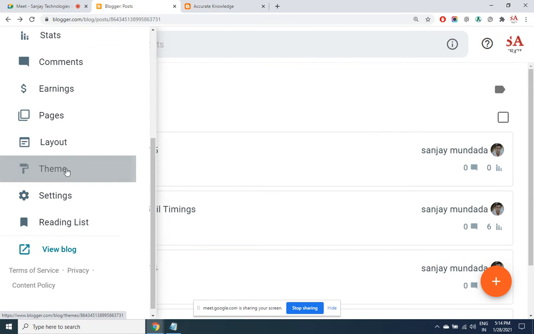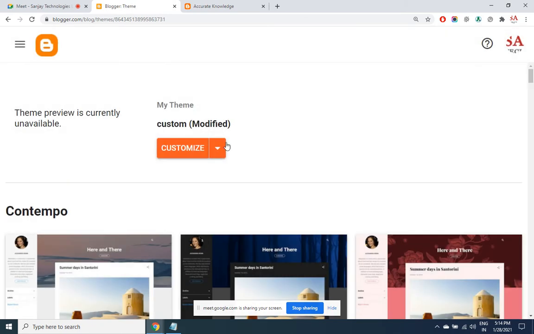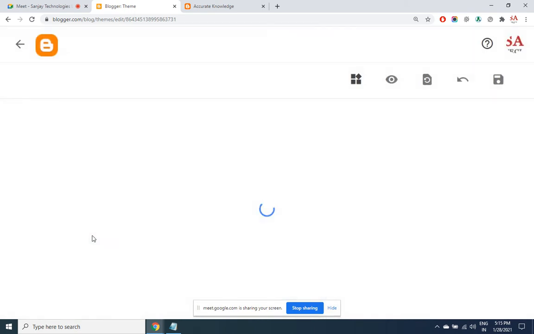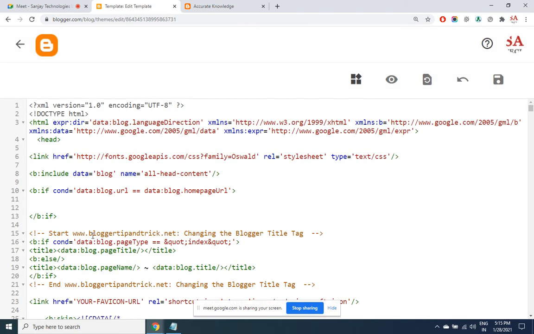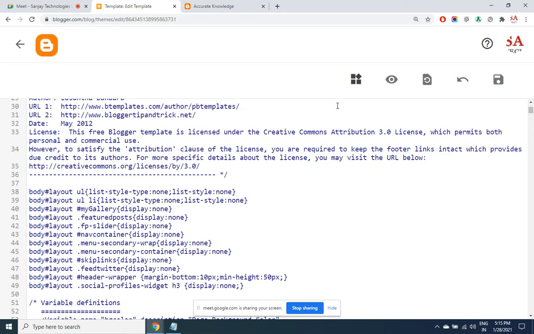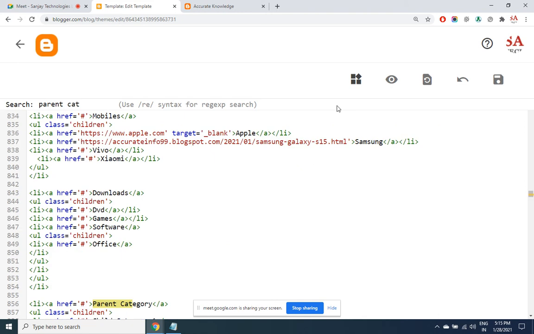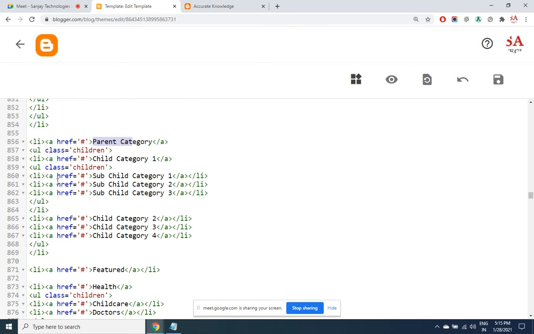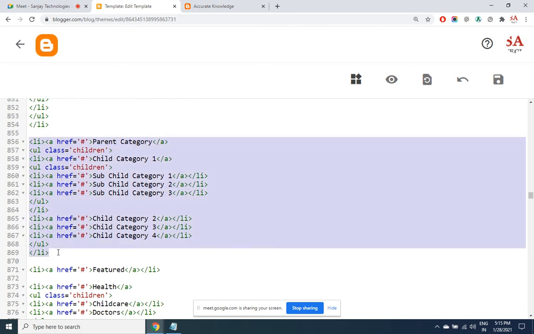I go back to theme, edit HTML. This one is a menu which has even a submenu. Very clearly you can make out what section of the code has to be copied.